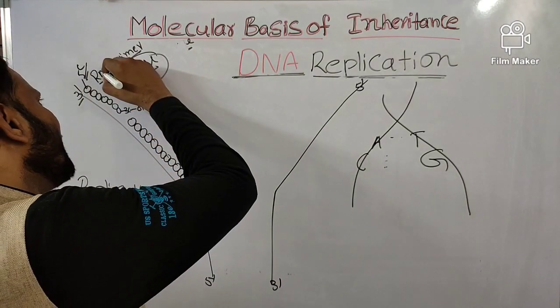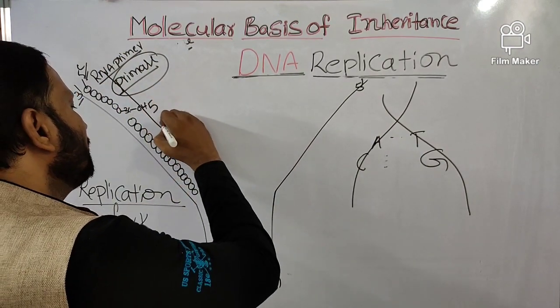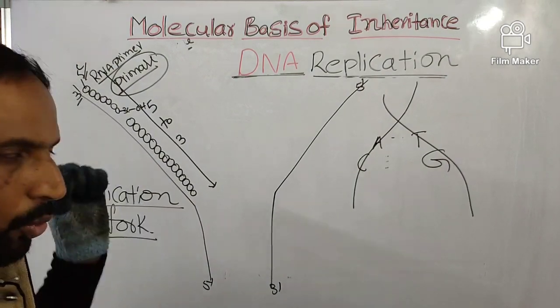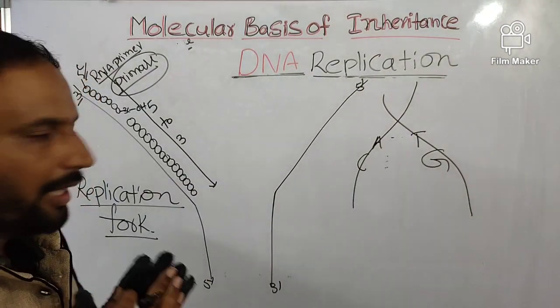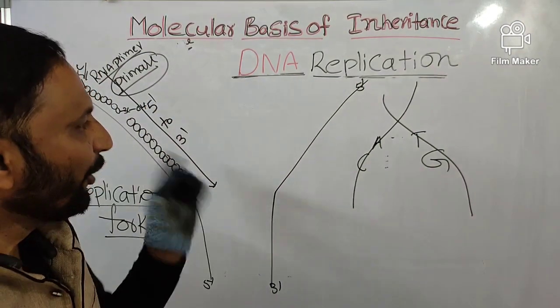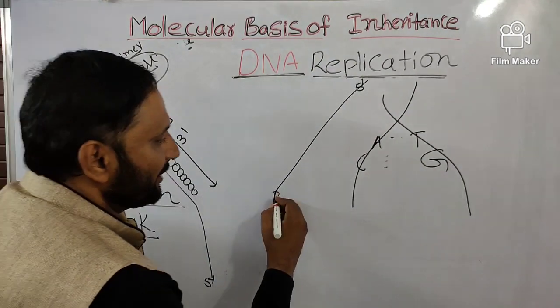So the new nucleotide sequence is always formed in the 5 to 3 direction. Remember, it is a rule: always the new DNA strand is formed in the 5' to 3' direction. So when the rule is there, when you go to that strand, this is 5, so this carbon is the third carbon.